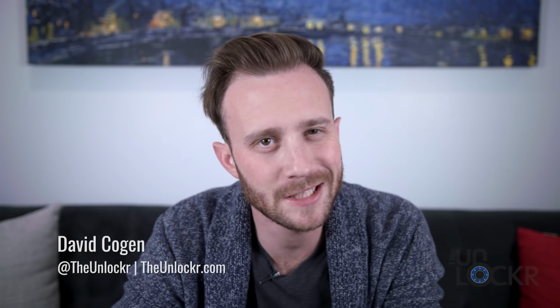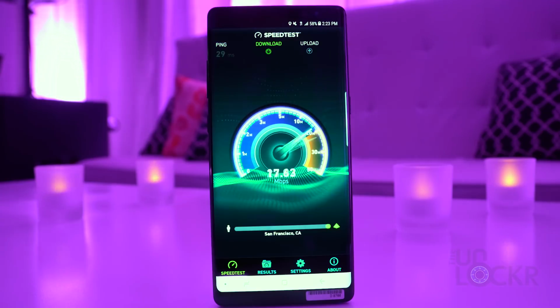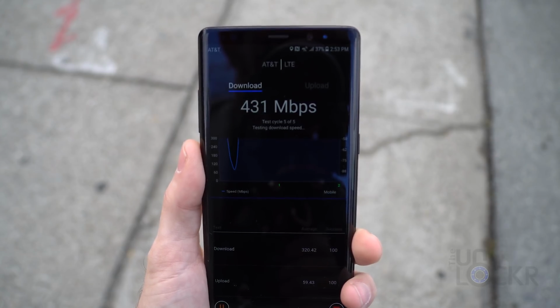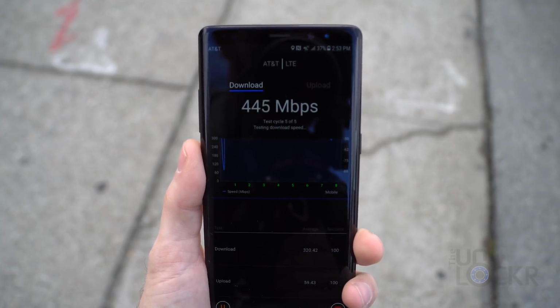Guys, we need to talk about a feature in phones that nobody seems to be talking about. Gigabit LTE. As the name implies, it's LTE that is capable of delivering up to 1 gigabit per second speeds. I managed to, in San Francisco, in the real world, not a lab, get over 400 megabits per second. Let me explain. Essentially, there are a few LTE technologies that Qualcomm has managed to put into their chipsets